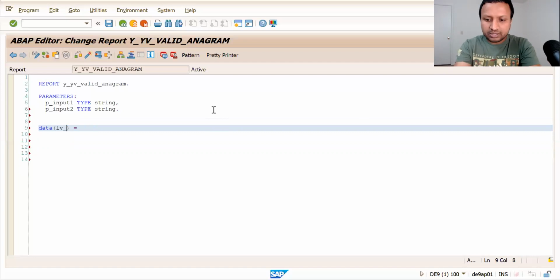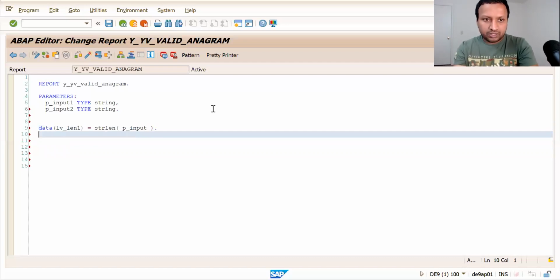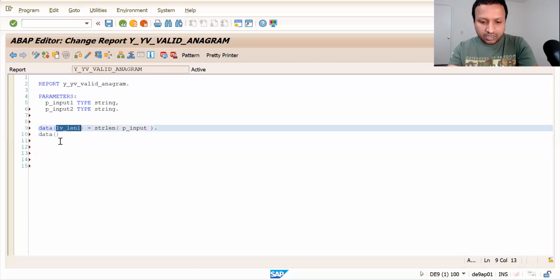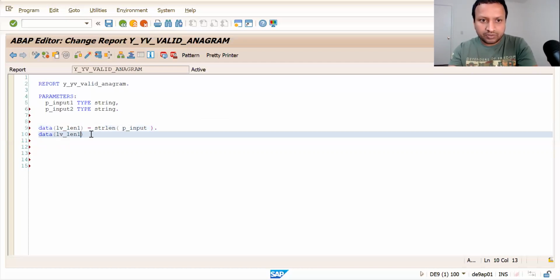The first one I'm calling LV length 1, using the string length function. Then I need to take the length of the second input variable, which I'm calling LV length 2, for input 2.